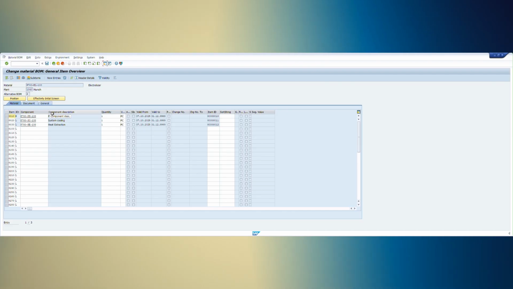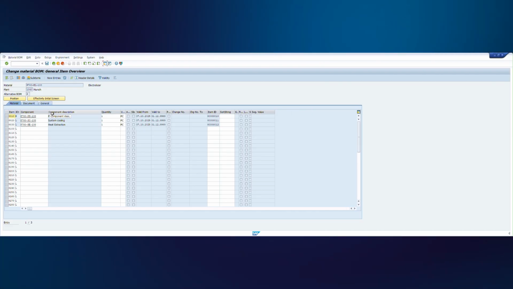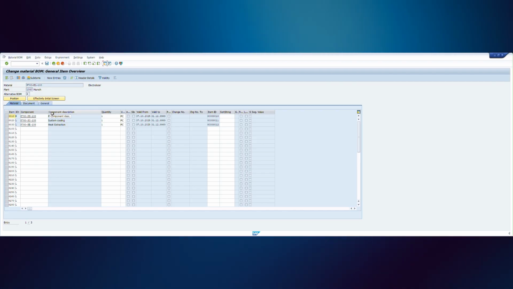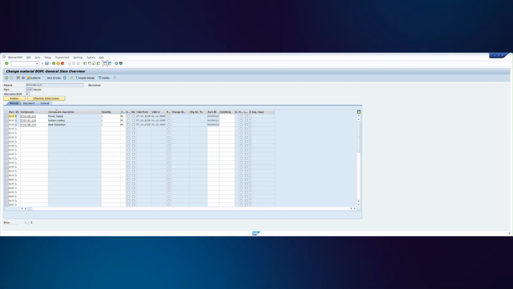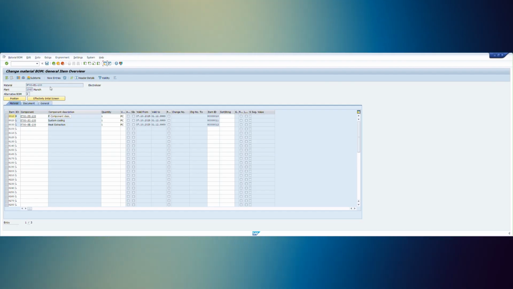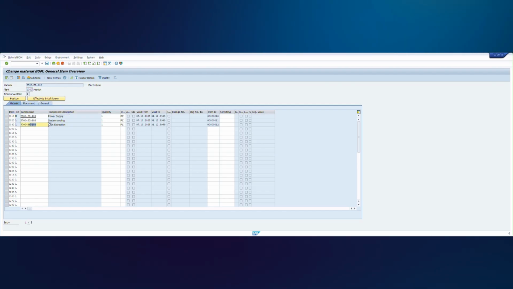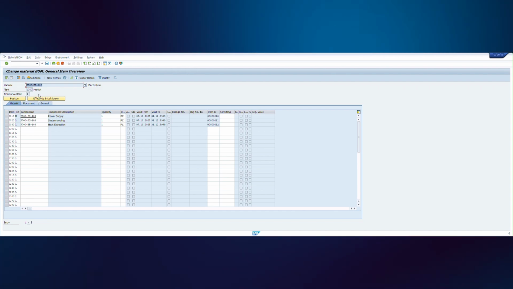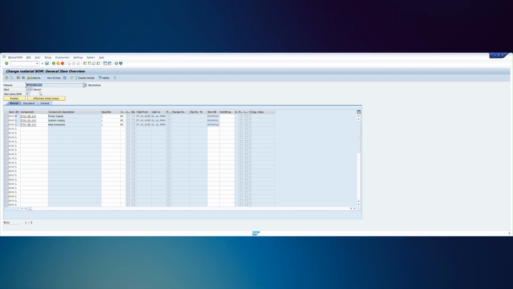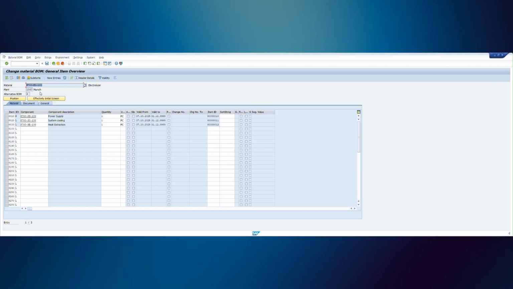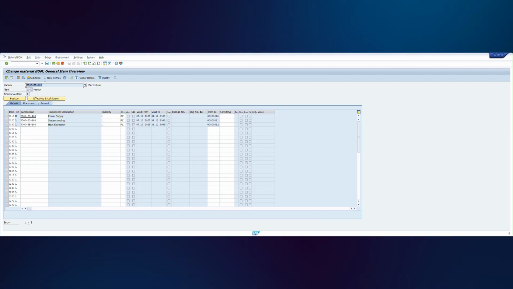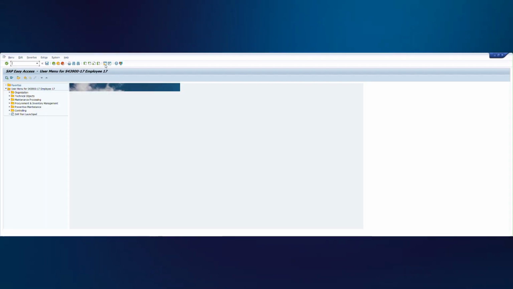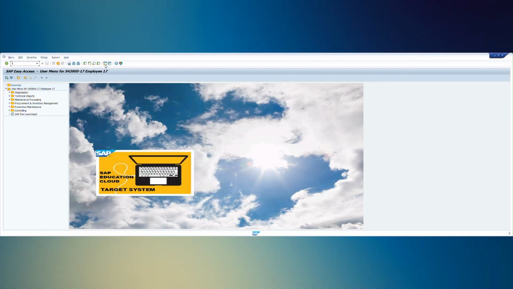So material BOM right now is not associated with any equipment or functional location, because we haven't seen any equipment or functional location field over here. So that's why it is known as a material BOM. It is linked with this. All these 3 materials are associated with this header material only. But suppose we are not creating any equipment or functional location BOM, but we only wanted to use this material BOM. So what we can do here is, for an example,